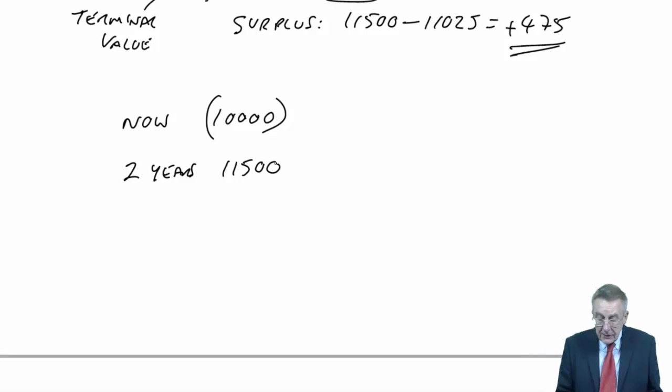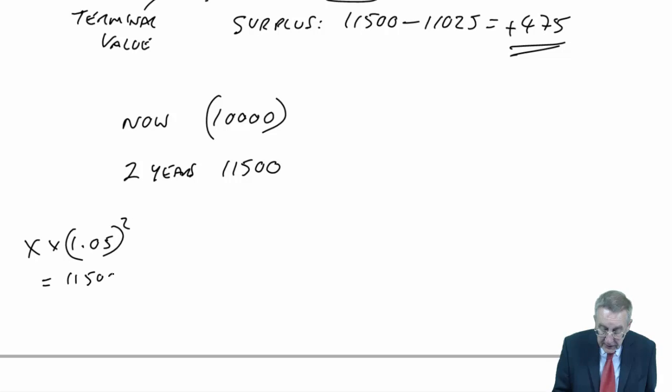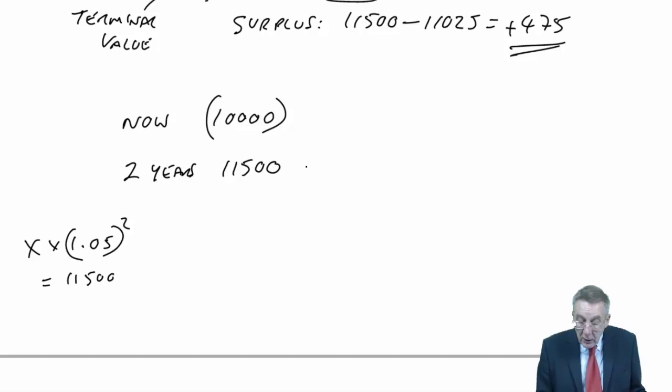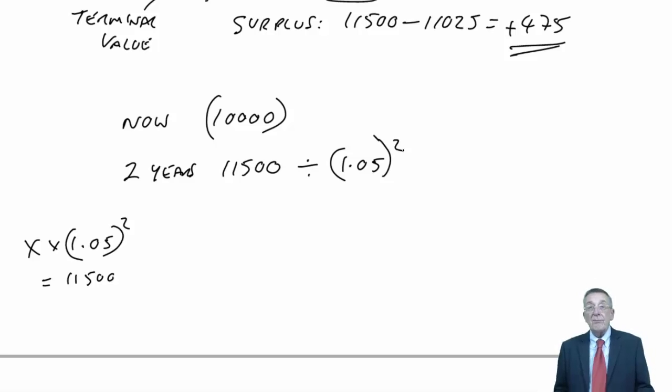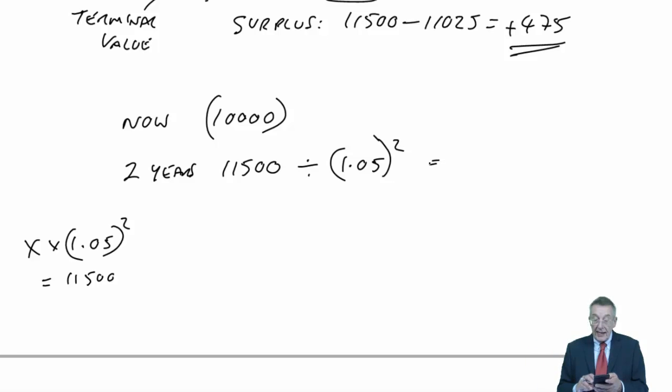And then before I said, if it's X now, in 2 years' time, it'll have grown to X times 1.05 squared. Multiplied by 1.05 to add on 5% interest, twice, squared because it was 2 years. Well, I want that to equal 11,500. So we say, well, the equivalent amount now, we divide by 1.05 squared. 1.05 for 5%, squared for 2 years. And that gives us an equivalent amount now